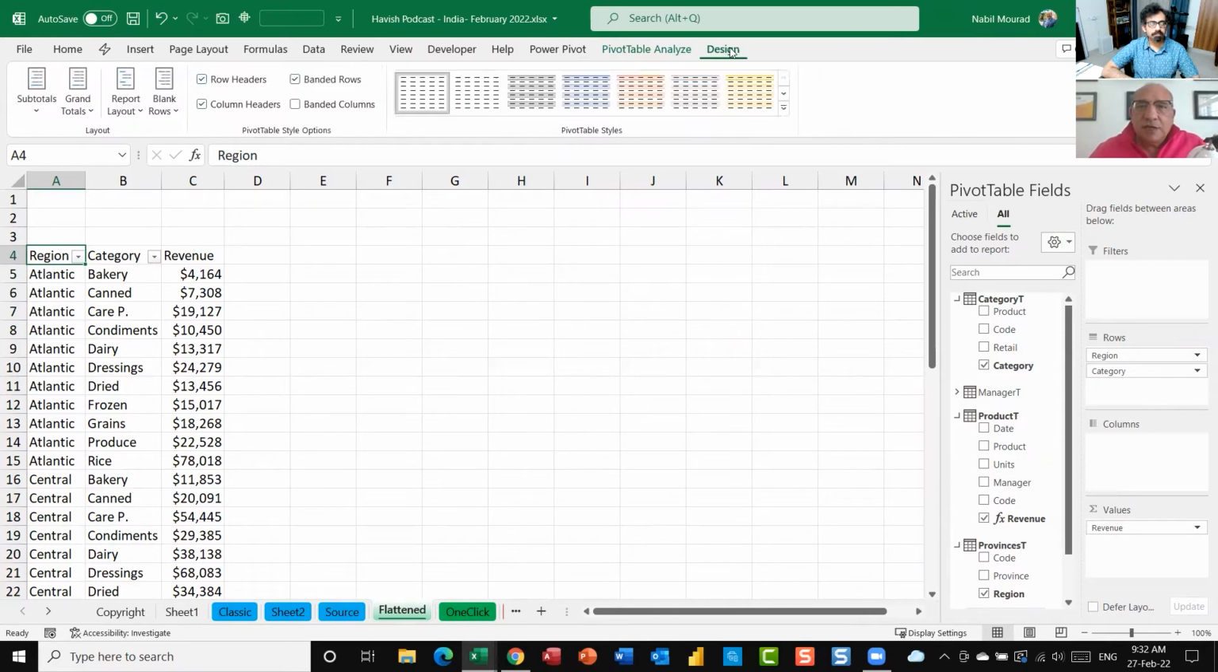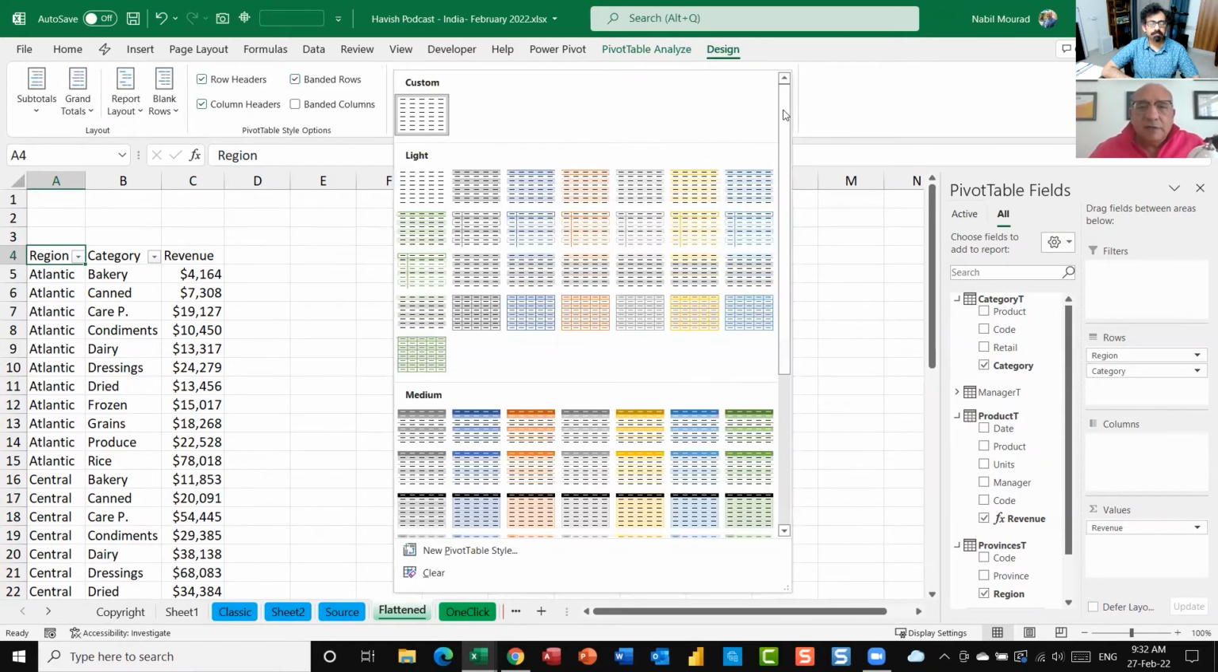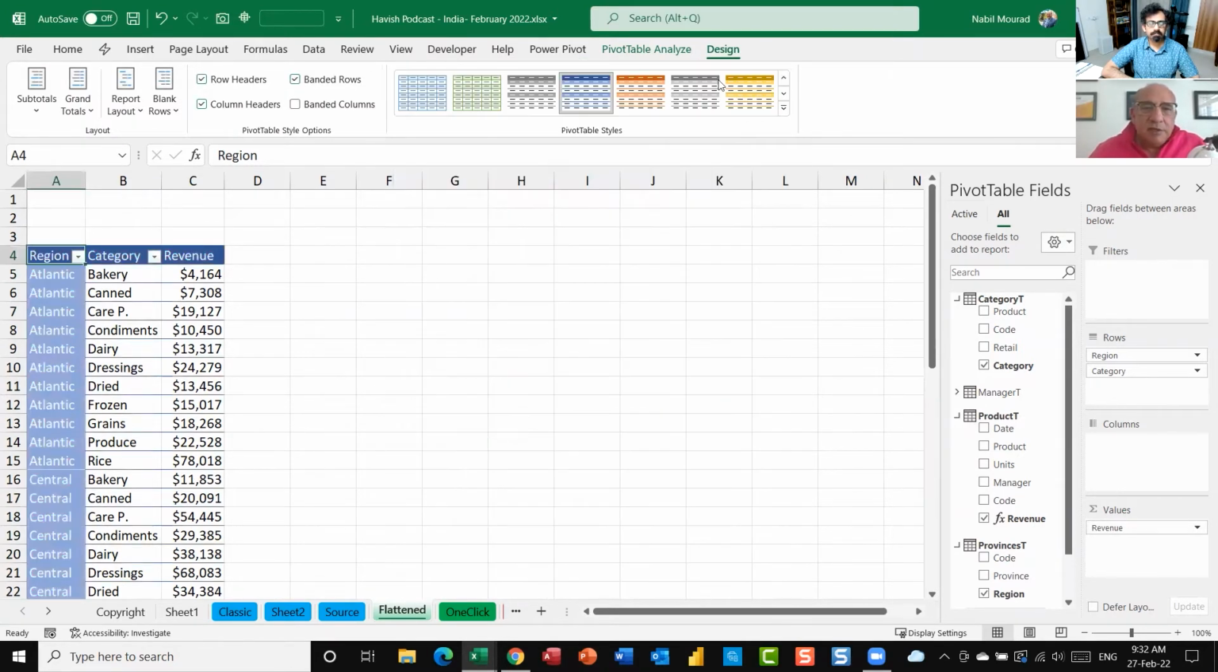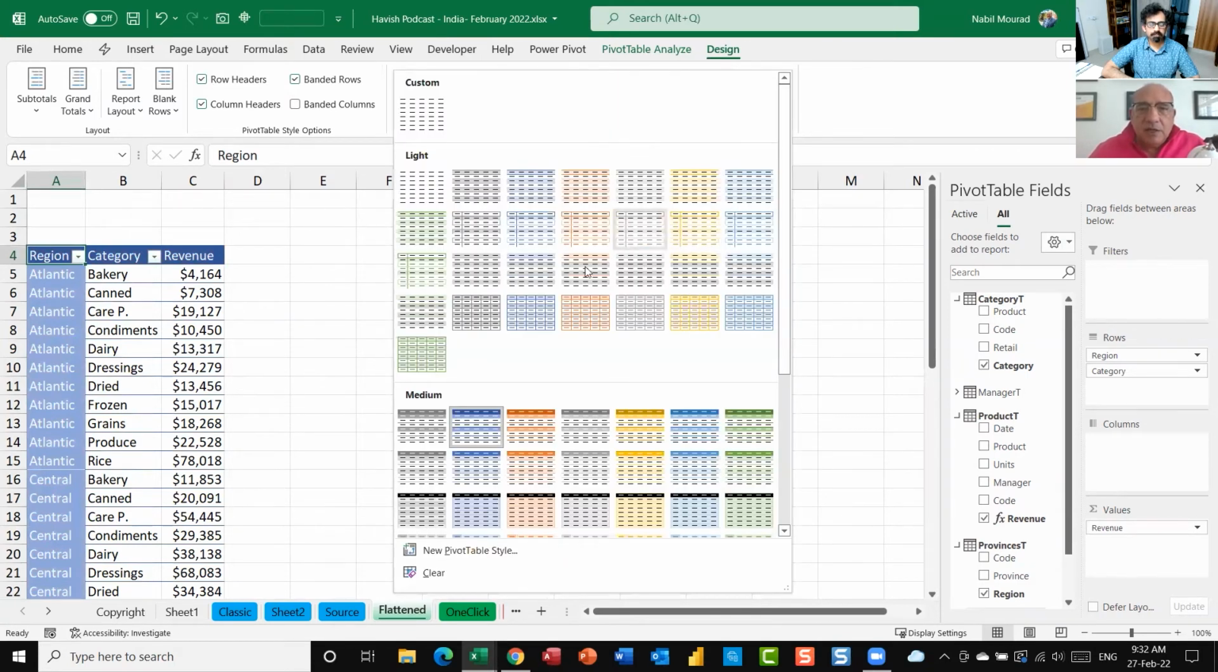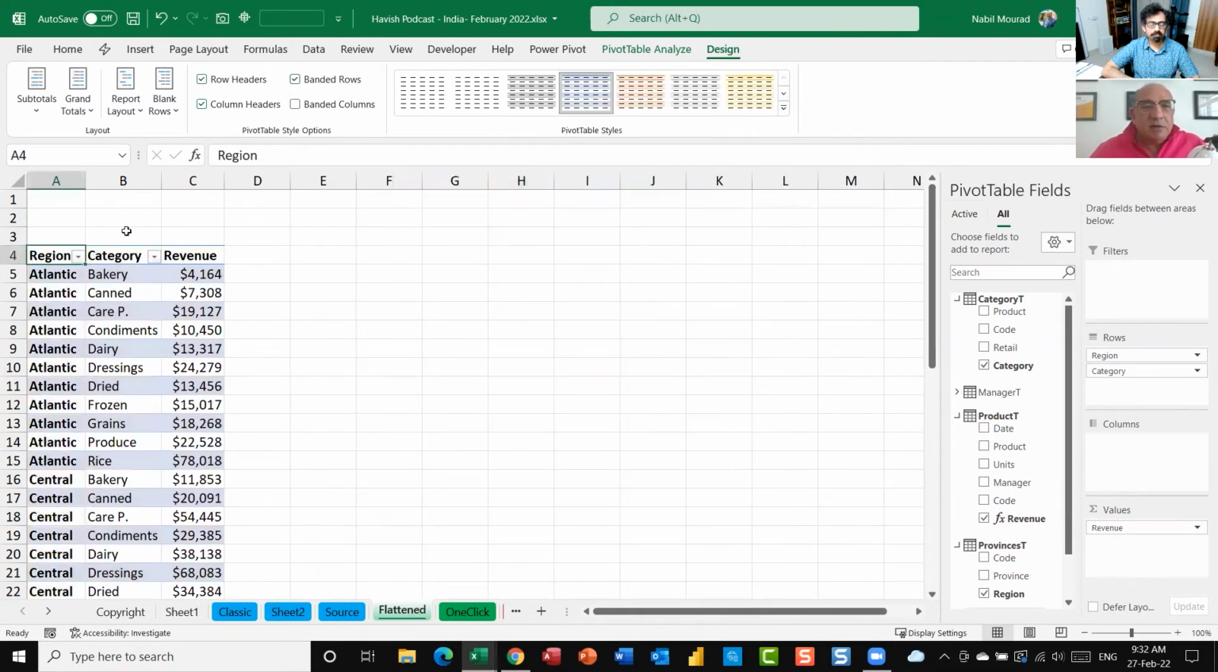Should you wish to select any one of the existing styles, you can do that. You can change the style and select any style of your preference. Then, without having to change layouts, without having to repeat the labels, the flattened pivot table is giving me the same exact option. I want to show you one more option of creating pivot tables from the data model,